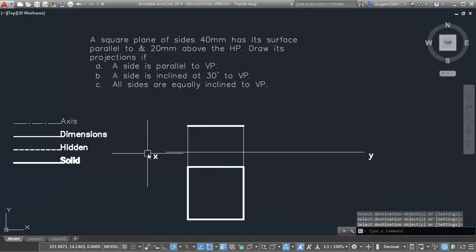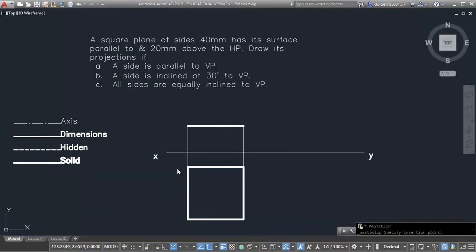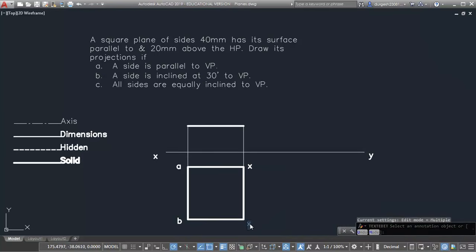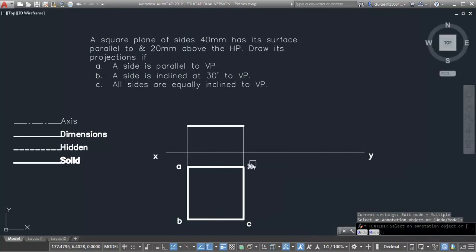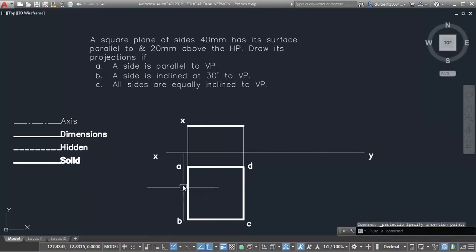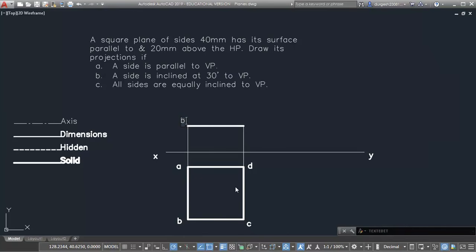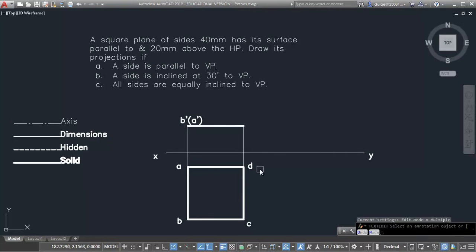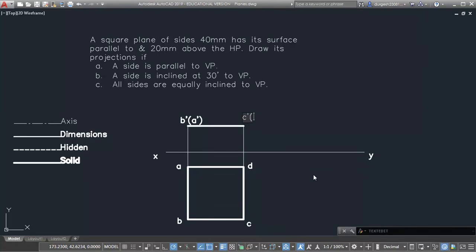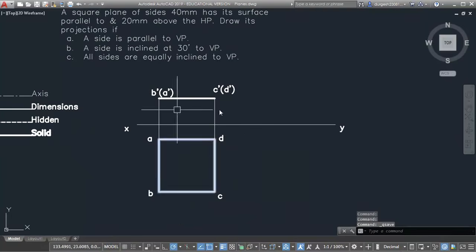For naming purposes, you can just name it. This point you can start with A. Because it is a top view, we don't have to give any dash or anything. This is B, this is C, and this is D. Next, when you're going for the front view, B is appearing first and then A is overlapping it. So B, and in bracket you can put A. Now for both we have to give dashes because in the front view we will be giving dashes. And here C dash appears first and then the other point, that is D dash. So that's how we are going to draw it.